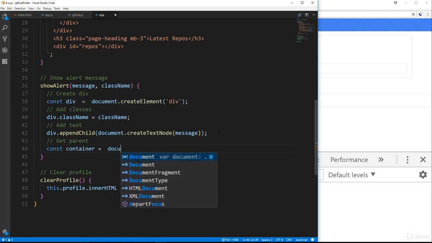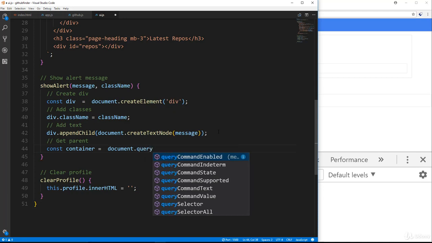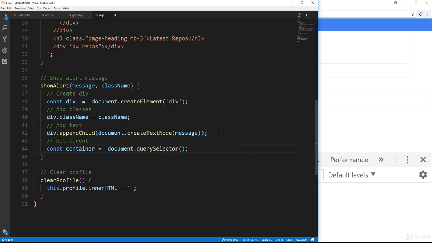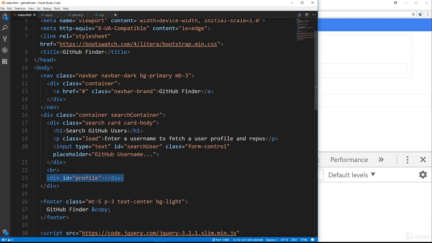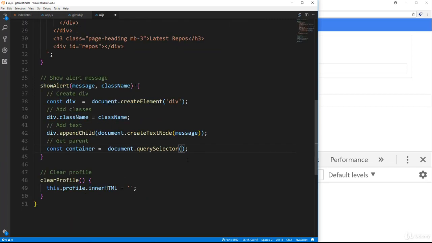I'm going to set this to document.querySelector. Now I'm not going to just use the container, the class container, because if we look at the HTML, we have two class containers. So it's going to look at the first one, and then things will not work correctly. So that's why I added search container to this one, because this is the one that we want. This is a parent to where we want to insert the alert. All right, so let's go back here and let's put in here